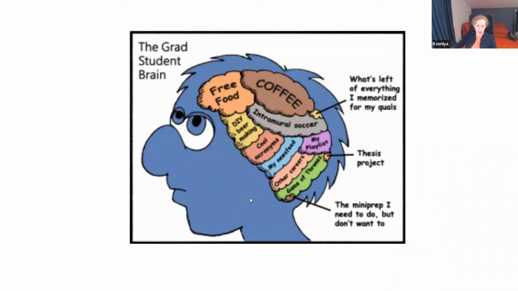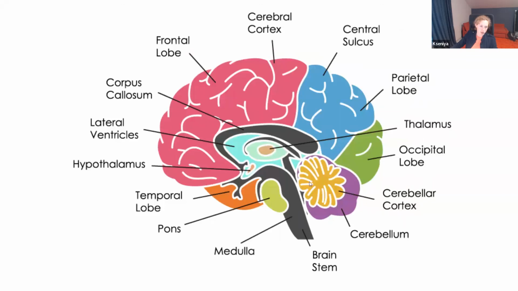The brain is also divided into many different parts, such as cerebellum, brainstem, pons, hypothalamus, and cerebral cortex, and in the cerebral cortex we have different lobes: frontal lobe,